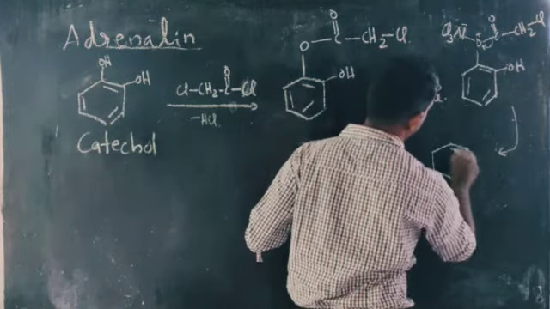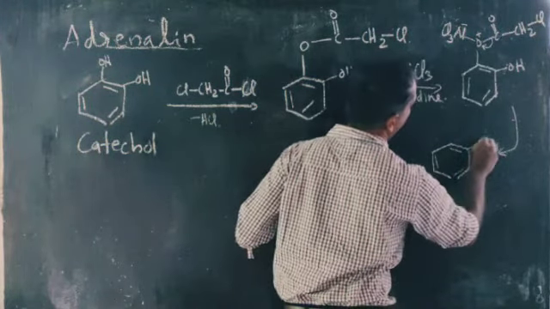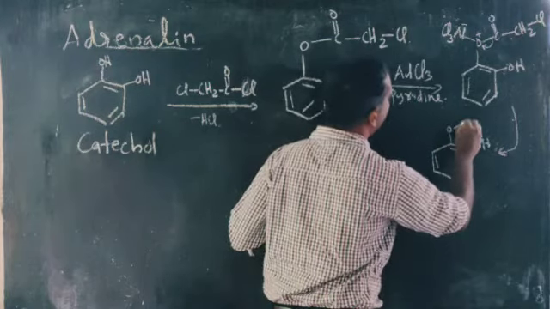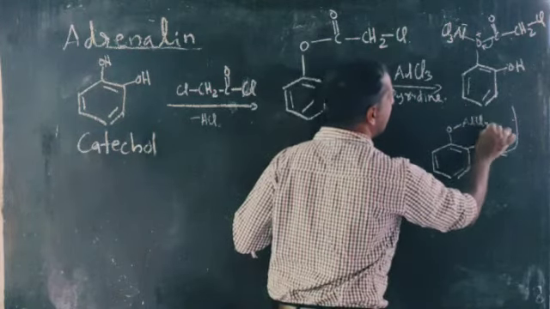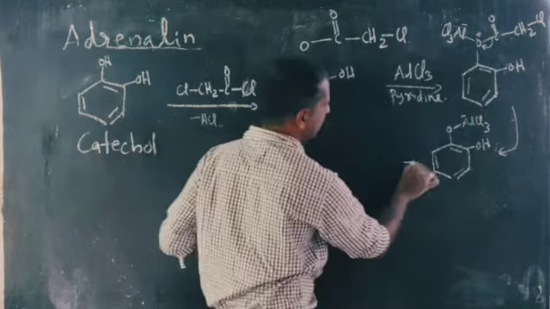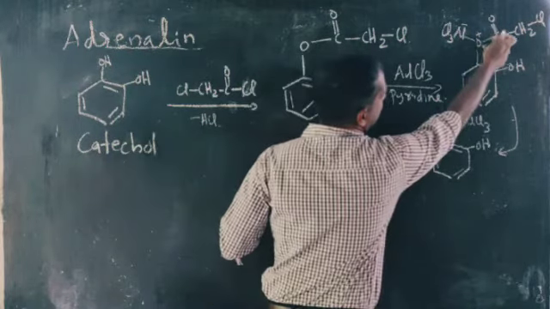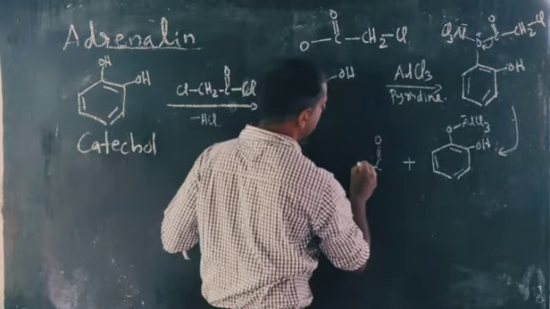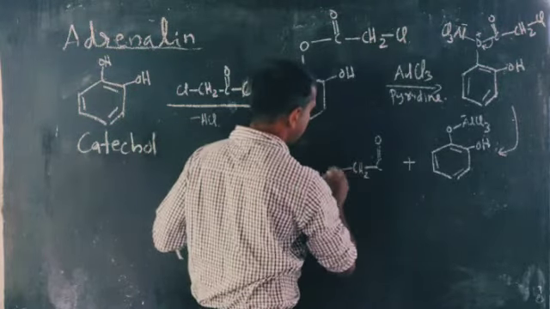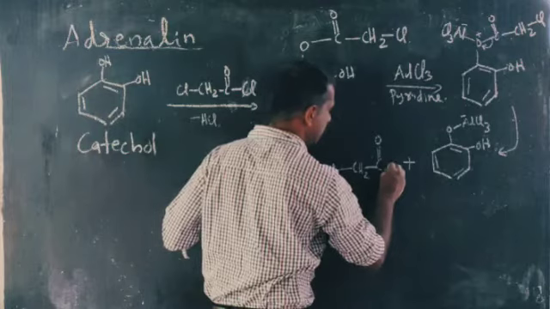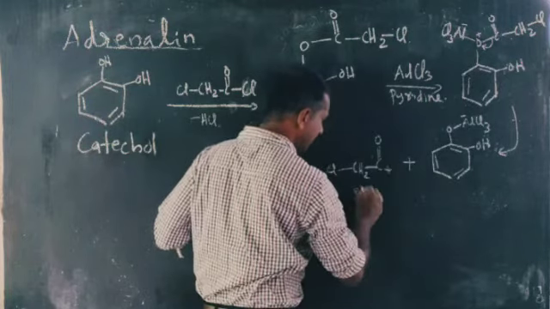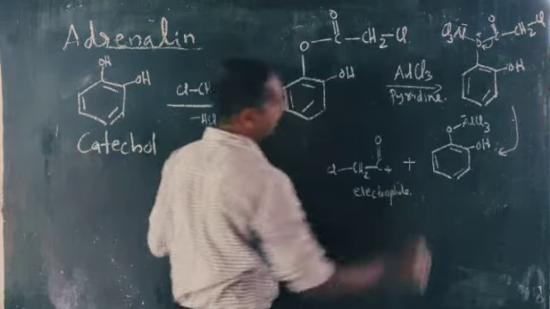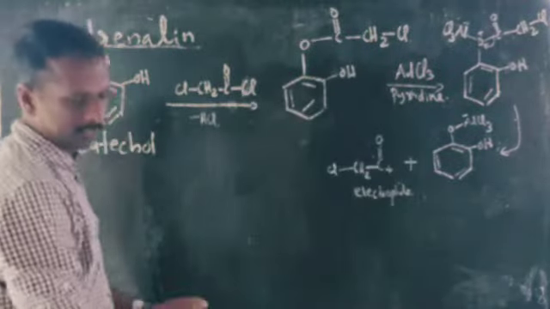Here it is OH, and here you are getting AlCl3 minus, plus a cation is forming. Since the bond is breaking from this carbon, we get C double bond O, and here it is CH2Cl with a positive charge. This is our electrophile. This will act as our electrophile. Okay, now in the next step,